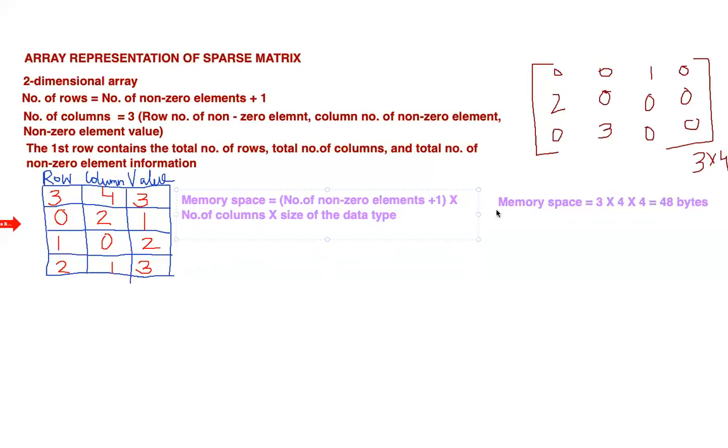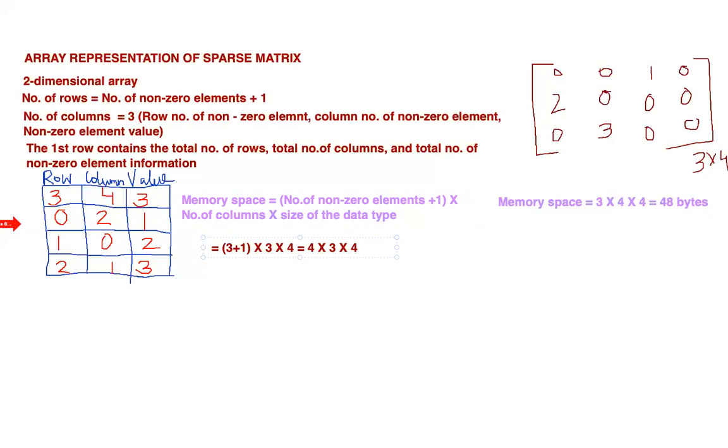so in our example, it will be equal to the number of non-zero elements, which is 3, plus 1, into the number of columns, which is 3, and the size is 4. So 4 cross 3